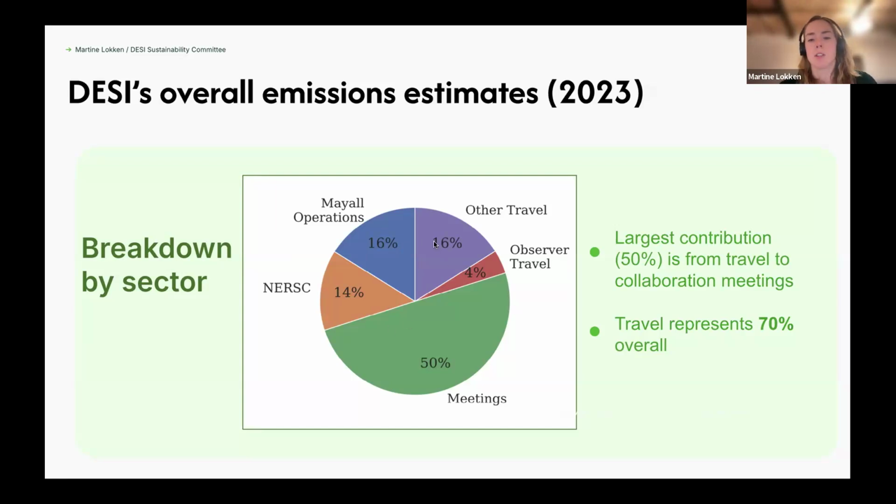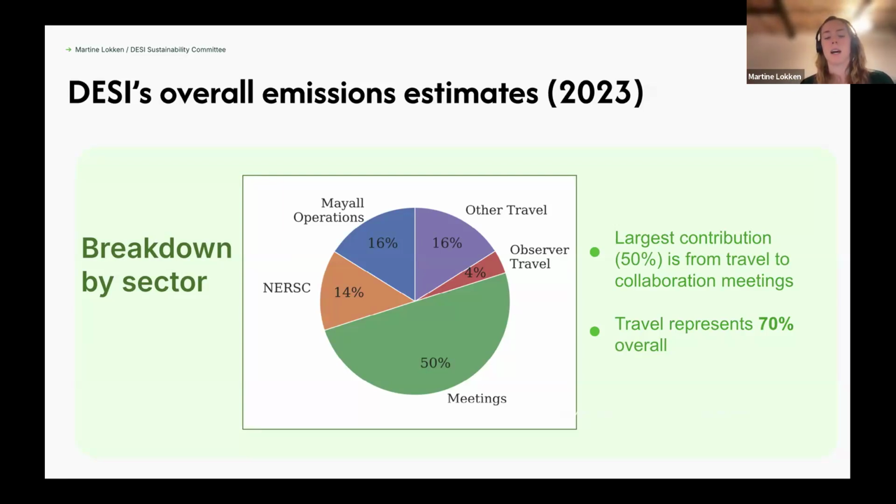And then in terms of travel in general, for meetings, we have lists of the attendees of the collaboration meetings the last few years, and we used 2023 as a baseline. So we looked at these big single-location in-person collaboration meetings that happened that year, and the attendees' host institutions, assuming that they came from there, and the destination was the meeting.